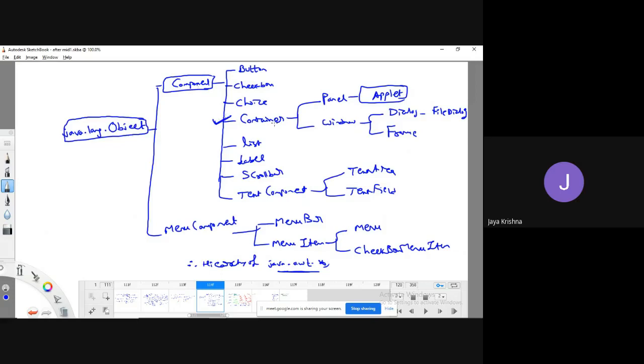Without the container class, there is no GUI component we can place on the screen. I hope you understood. It manages various other GUI components like frame, window, panel, etc.